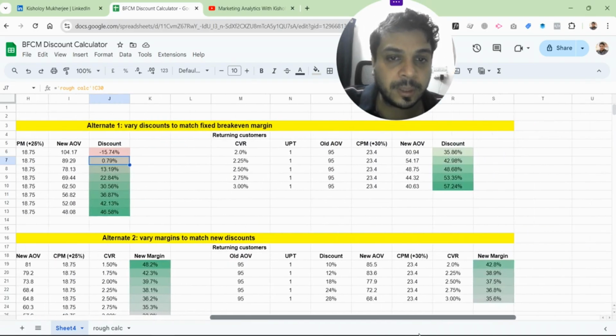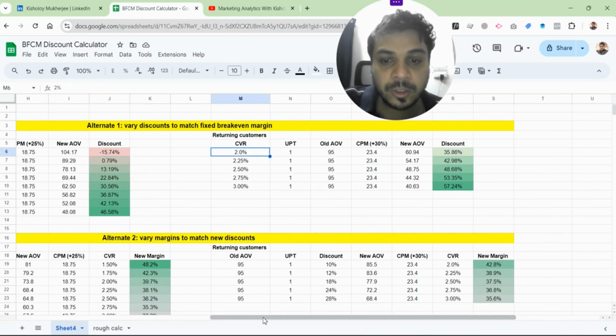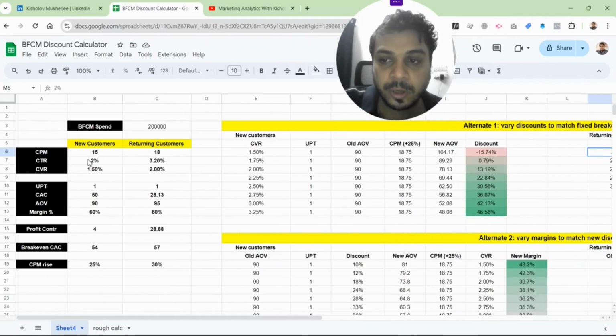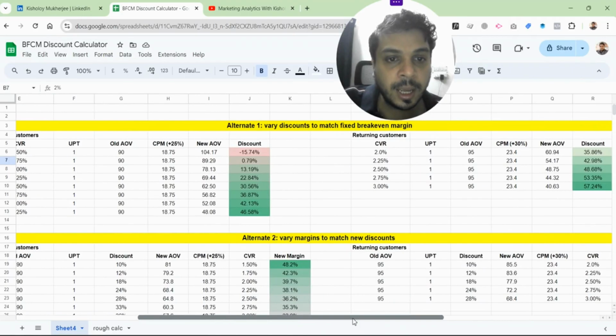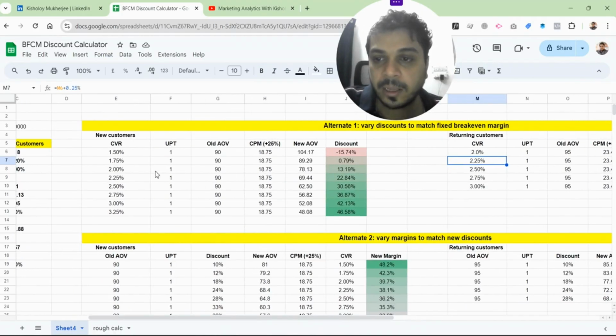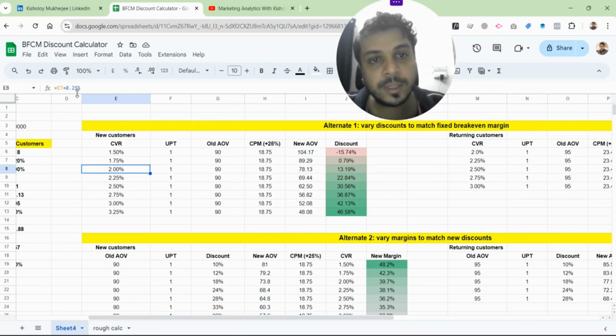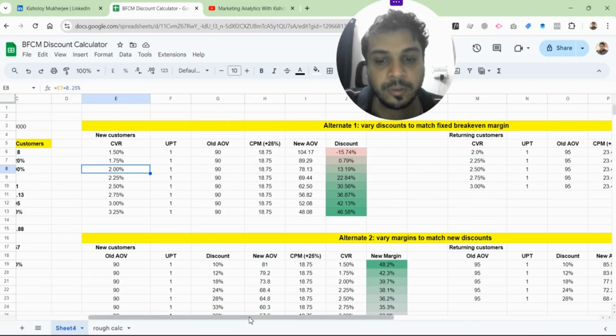So that was for new customers. We can actually have this for returning customers as well, where the conversion rate is going to start at 2.0%, as you can see here, and then you're going to have a 0.25 increase, very much like in the previous case as well. It was always 0.25% more than the previous version of the conversion rate. And then we're going to have the UPTs, the old AOVs, the CPMs, and then the new AOVs and the